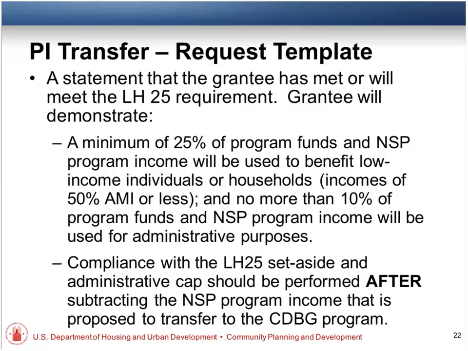So we want to see that you've given some thought to that you've met it or you will meet it. It's not required that you meet it at the time, but we do want to see that you've actually given some thought and some analysis to whether or not you've met it or will meet it. Questions 10, 11, and 12 in our July 11th FAQs go through these steps very simply and straightforward.